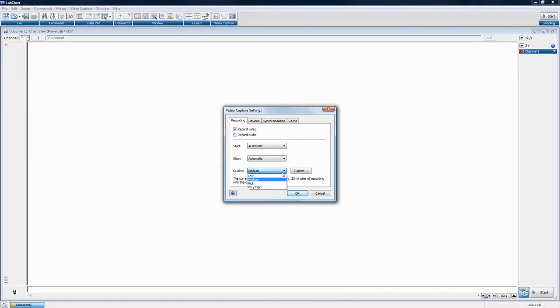Some of our customers have actually used video capture with laryngoscope or endoscopic camera to actually go in and look at the muscle activation inside somebody's throat while they're speaking. So obviously we would probably want very high resolution for that. We have other ones who are actually just monitoring behavior of mice throughout the night. So we want to maybe keep our file size down, so we go with a low